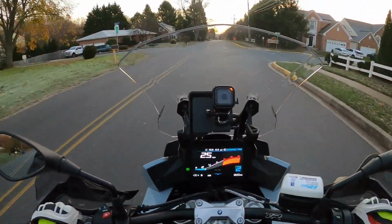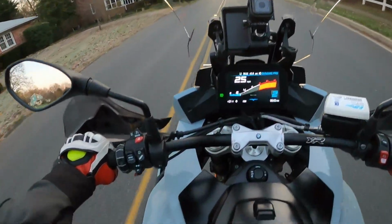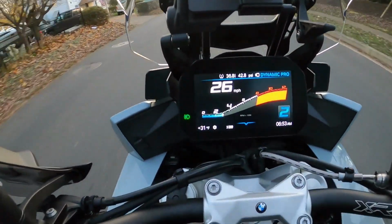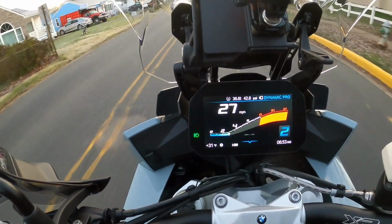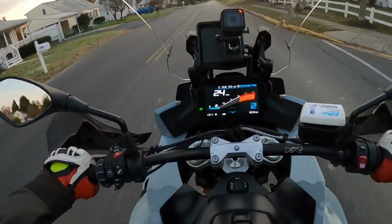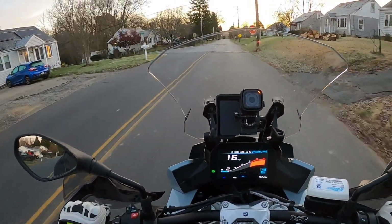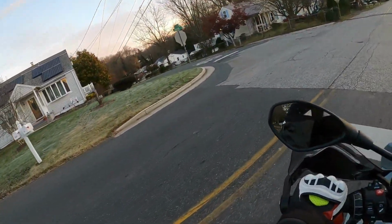And as I've said before, I love to ride and commute to work year-round. You can see this morning it is properly chilly. I'm showing a freeze warning on the display, and that is 31 degrees Fahrenheit. So we're going to drop down below 30 here on this ride. And when it is cold like that, one of the first things to get cold,